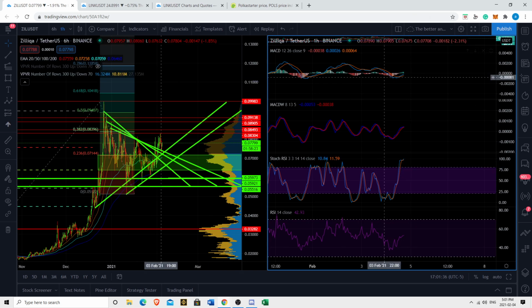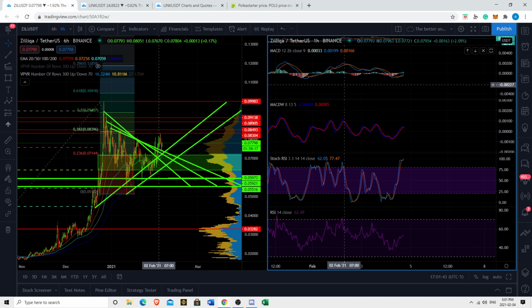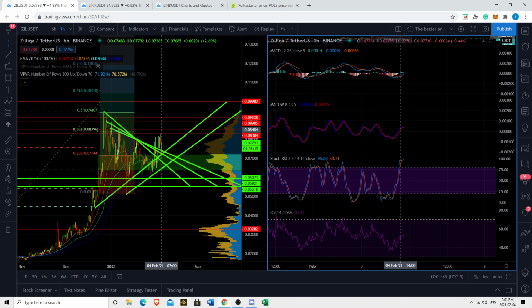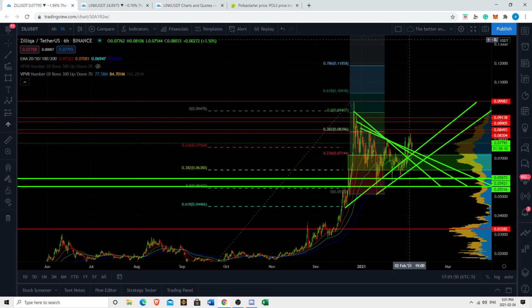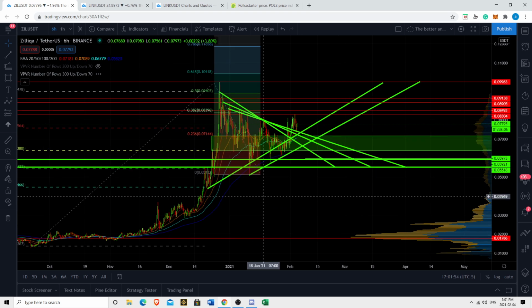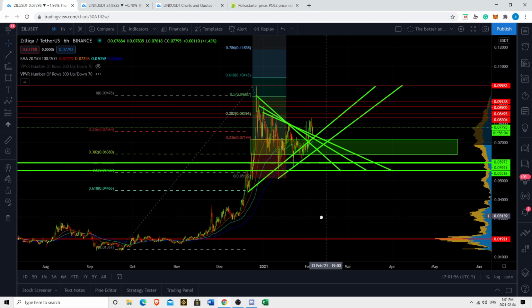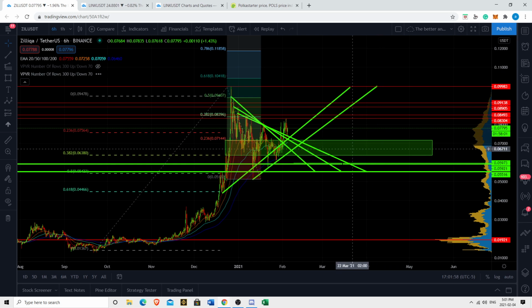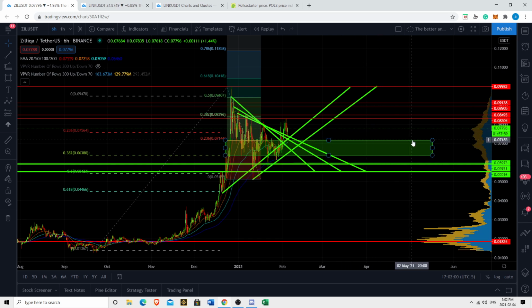So just going to summarize here a bit with our indicators. Macro trend is bullish, daily is bullish. We're starting to see some weakness in the mid hourlies, which means we could see a further pullback. So let's take a look at the price action, because I think that's the most important thing to understand here. Let me just begin by saying this green box here I think is the most important support area